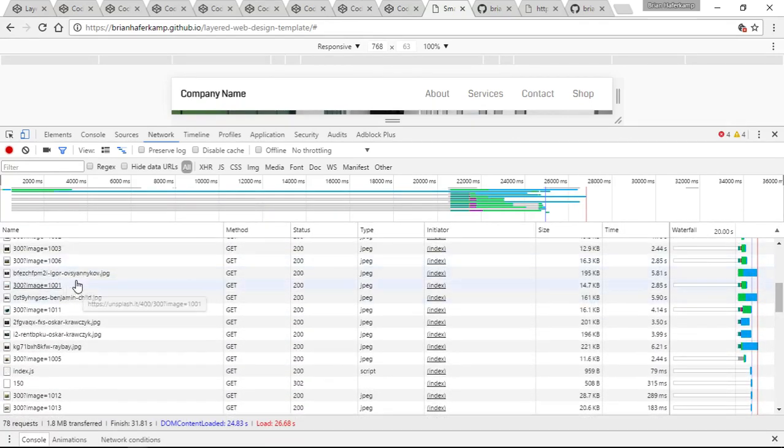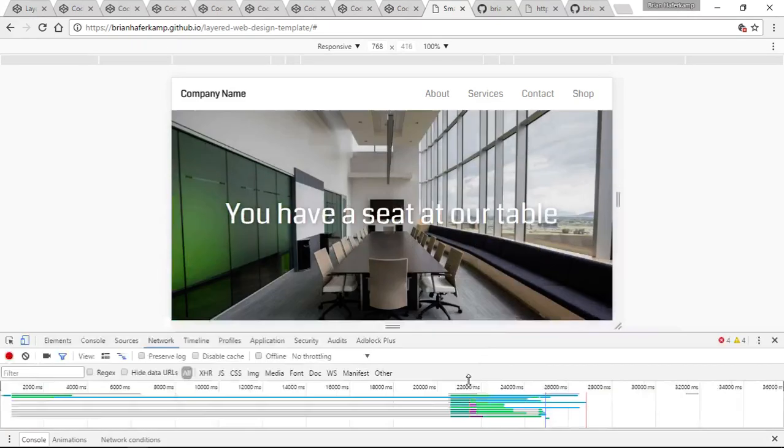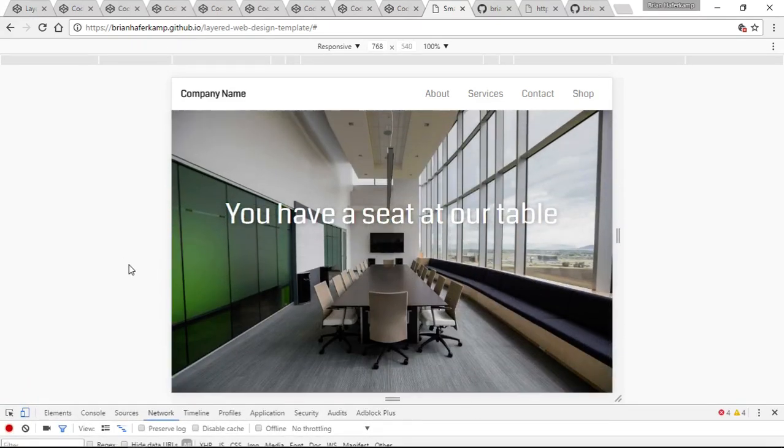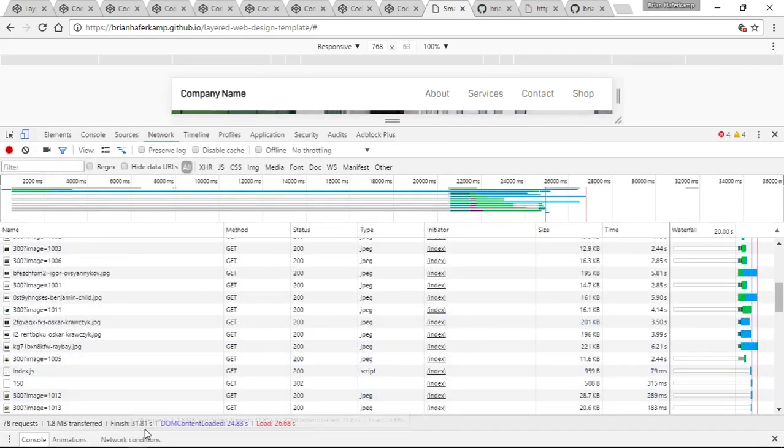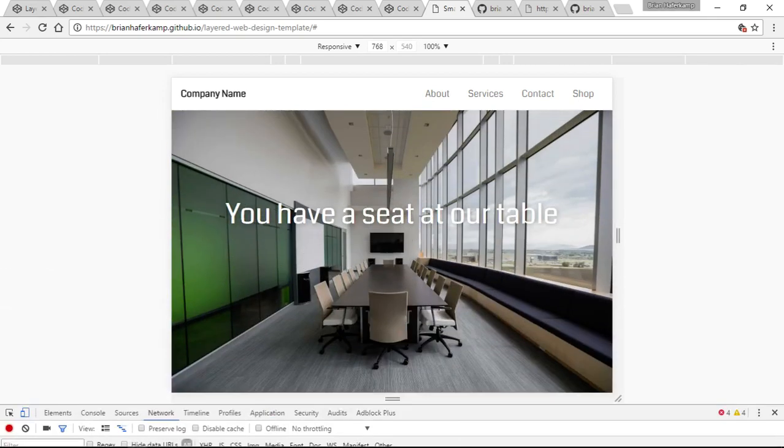These are images that it's pulling from another website. So if this were local and on a server, it would download significantly faster. But even as it is, it only transferred 1.78 megabytes. We could cut down the number of requests. We could cut down a lot of information. This was not optimized. It was just to show what can be done